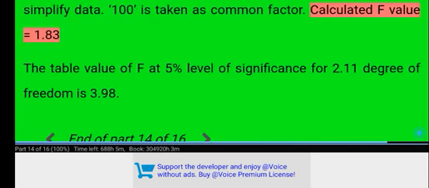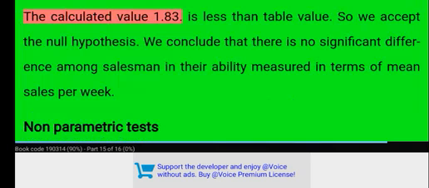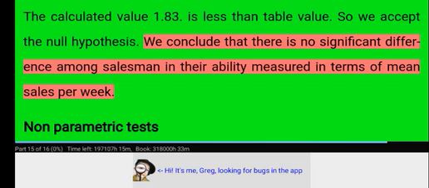Calculated F value equals 1.83. The table value of F at 5% level of significance for 2, 11 degrees of freedom is 3.98. The calculated value 1.83 is less than the table value, so we accept the null hypothesis. We conclude that there is no significant difference among salesmen in their ability measured in terms of mean sales per